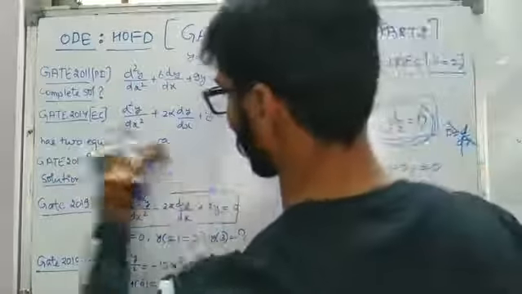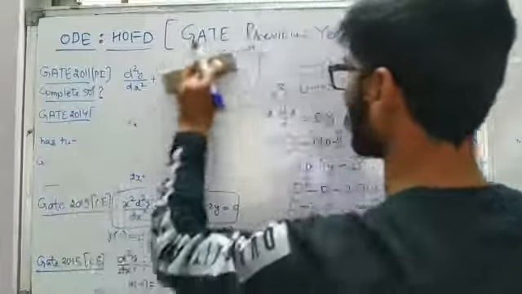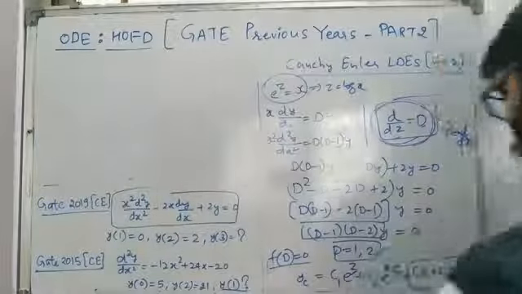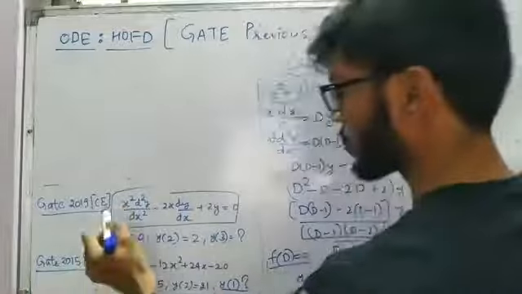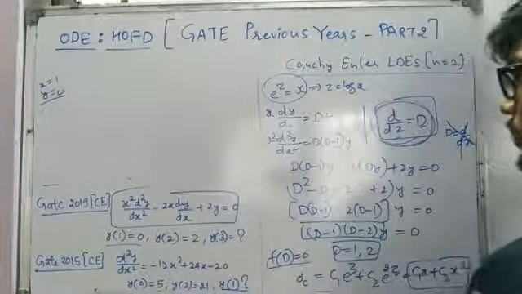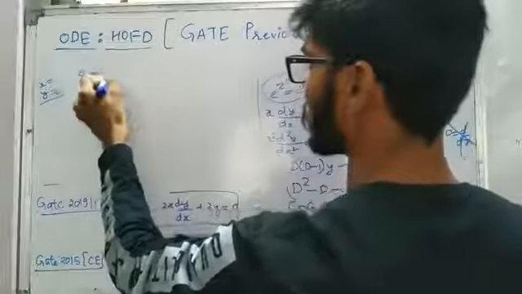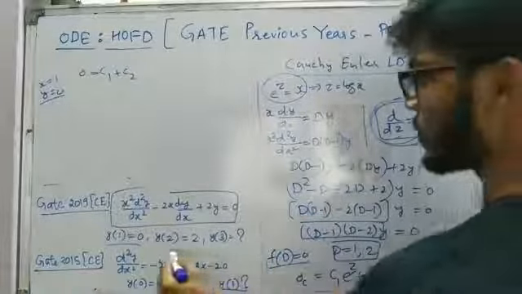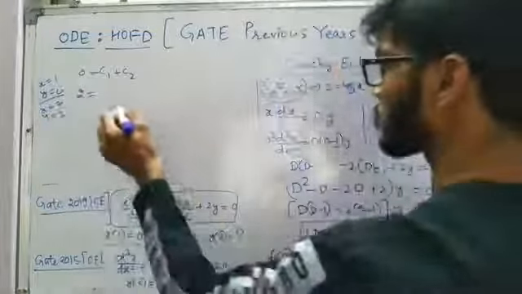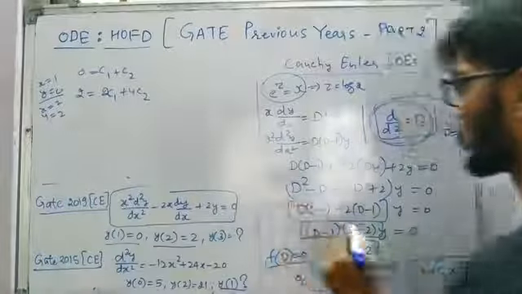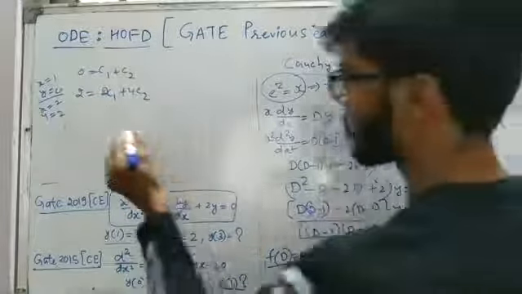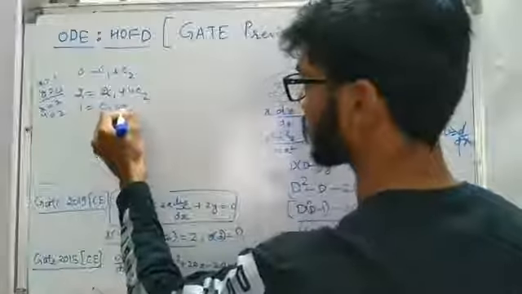So let's rub this part because we are done with these problems and we need not rub the current running problem. So we have the condition at x equal to 1, y is equal to 0, because y of 1 is nothing but 0. So put x equal to 1, y equal to 0. So 0 is equal to c1 plus c2, and the second condition at x equal to 2, y is equal to 2. So 2 is equal to 2c1 plus 4c2, because if we put x equal to 2, this will be 2c1 and this will be 2 square, which is 4c2. So if you divide by 2 here, this will be c1 plus 2c2.